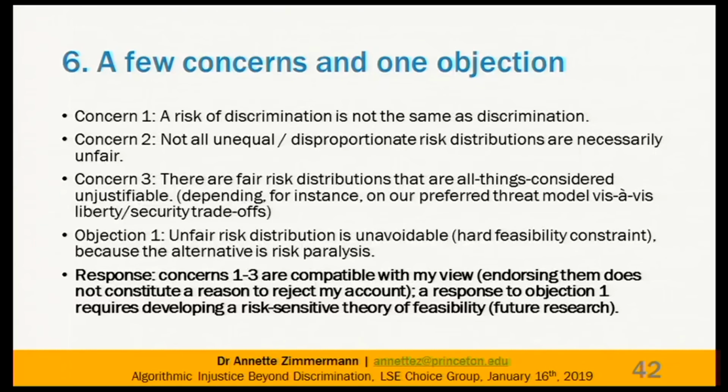the three concerns are in fact compatible with my view. So if you endorse any of these three concerns or all of them, then that wouldn't be a reason to reject this account of what constitutes algorithmic injustice. And in response to the objection, I would just say that we then also need a risk-sensitive theory of feasibility. And unfortunately, we don't really have a cohesive theory in this context. So I fully acknowledge that this is a concern, but I don't think we need to immediately conclude that a concern for avoiding morally wrongful pure risk impositions necessarily implies risk paralysis. But I do think we need to factor in feasibility concerns here. So that's a nice opportunity for further research and